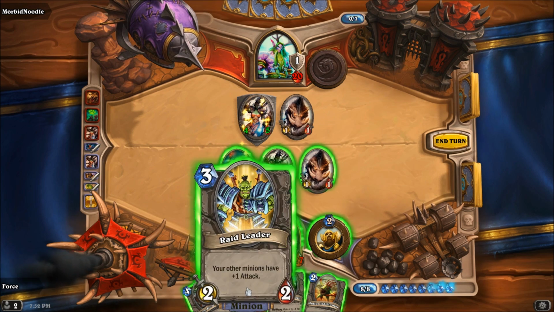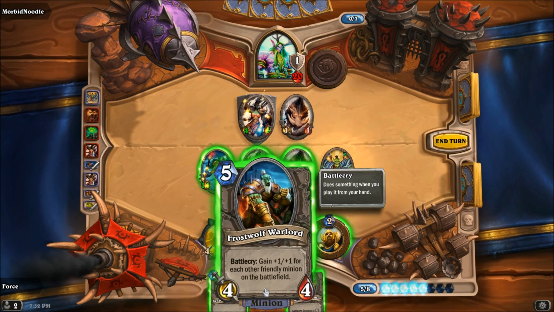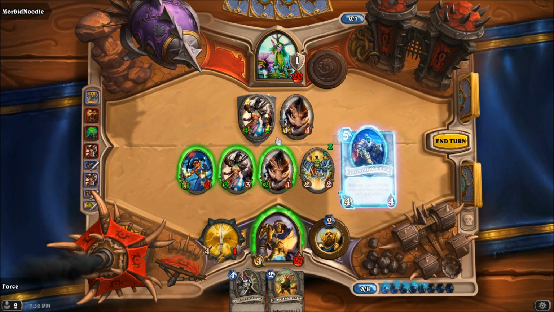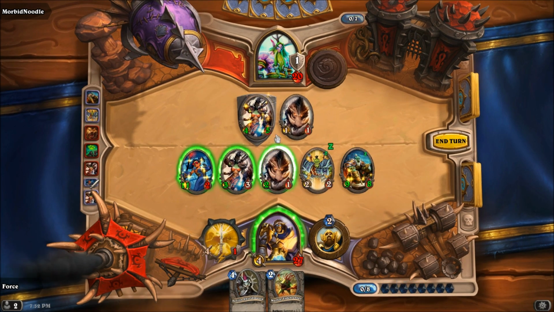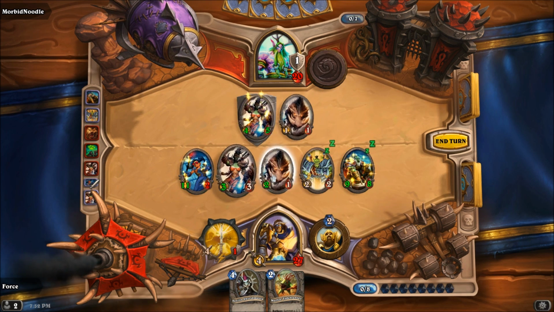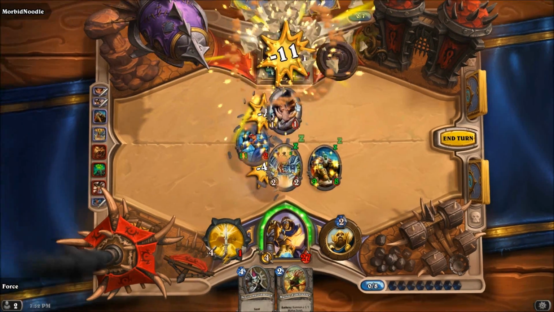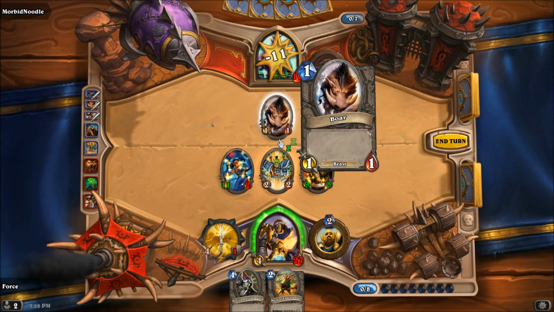Okay, so the gameplay here will be raid leader. We're gonna follow it up with a warlord. Now that we have a lot of creatures in play, it's gonna be nice and big. And then we just need to push 5 to this, and I think that is going to be, yeah, we just go 3, go 5, hit him with 11, and